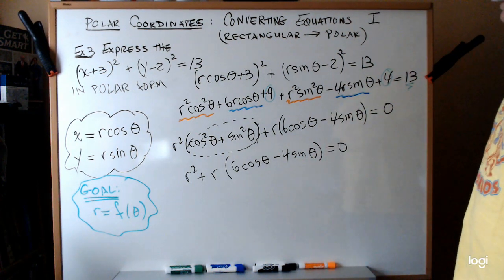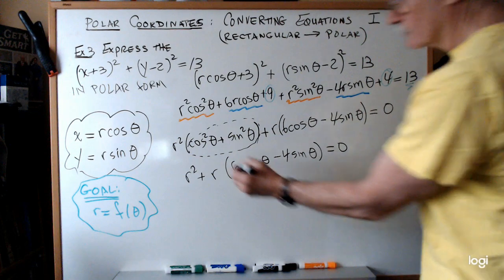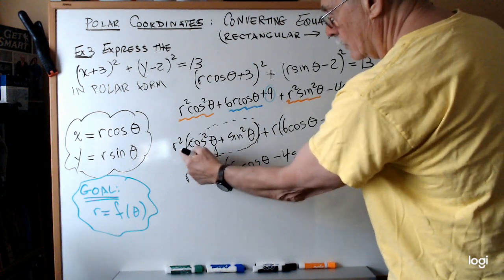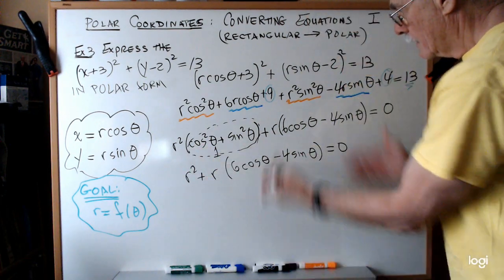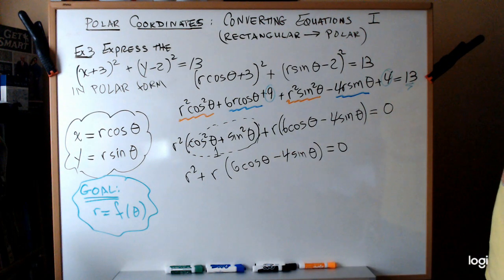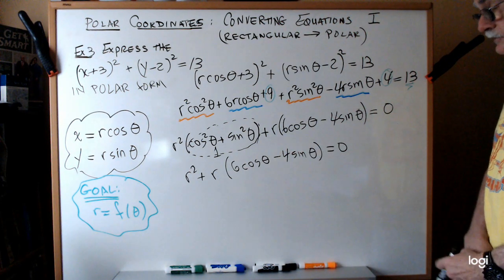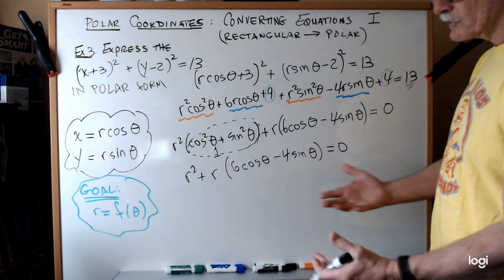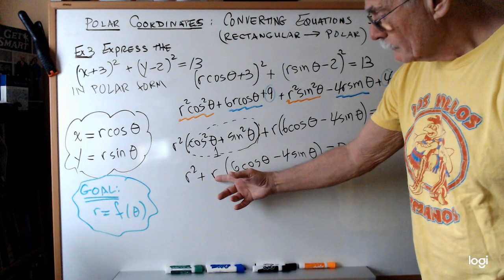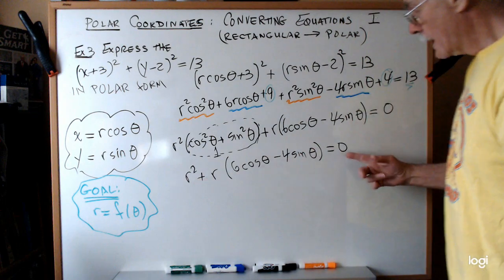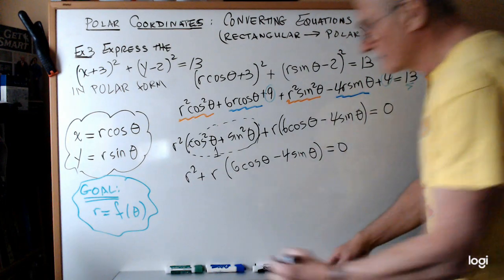And this is a 1 right here, okay? So r squared times 1 is just r squared, and I just brought this term down. Okay, so now, basically, this is like a quadratic equation. It has the same type of pattern. You have a variable squared, and you've got it equal to 0. So I can factor it,